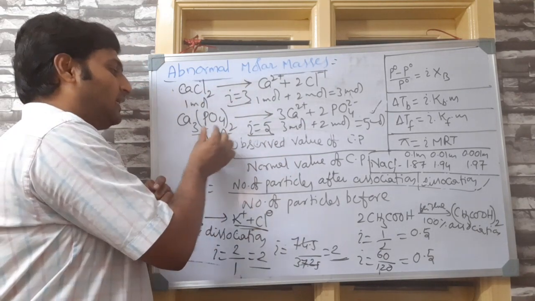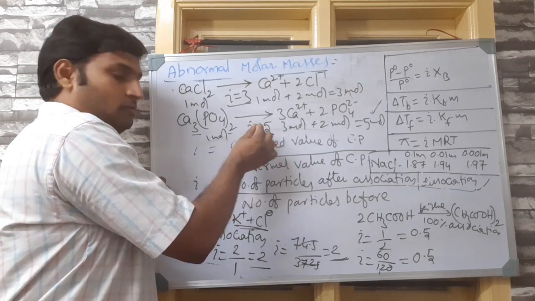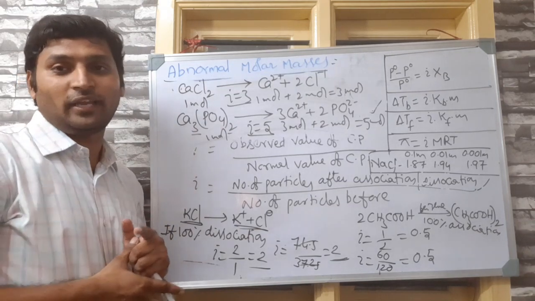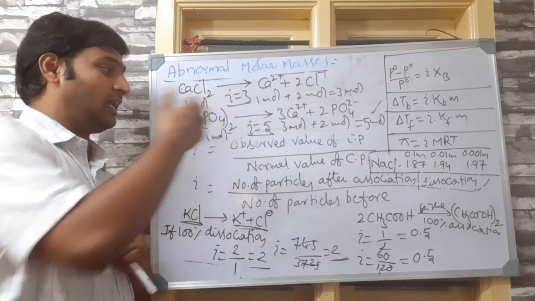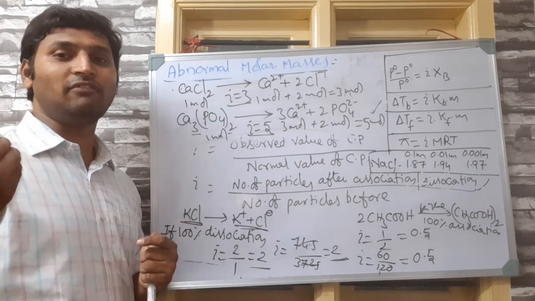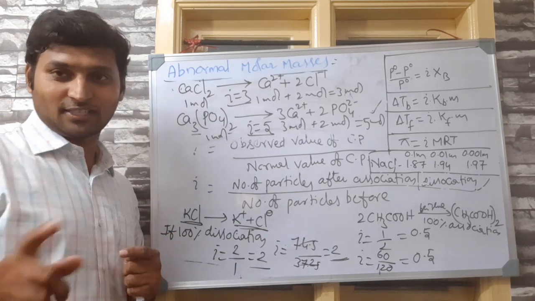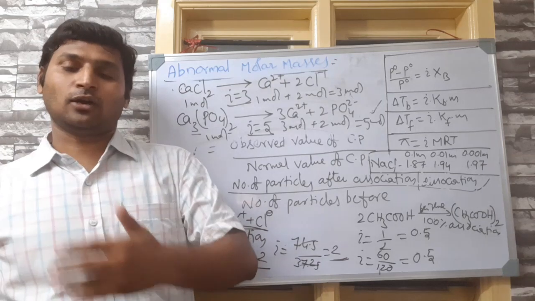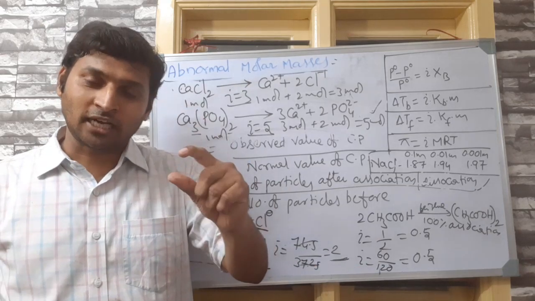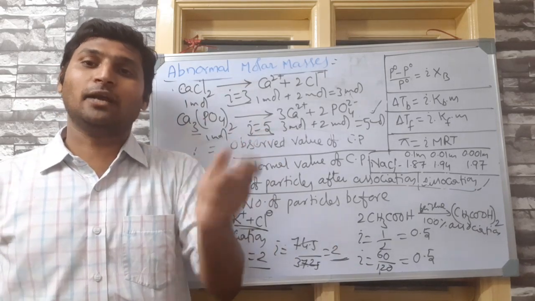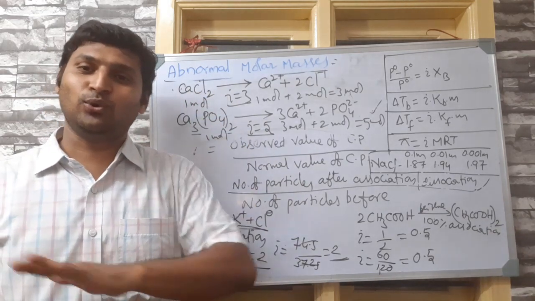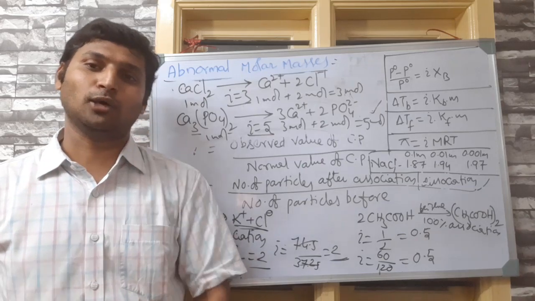For any concentration, in case of calcium phosphate, the value of i, the Van 't Hoff factor, will be very close to 5. The same thing we cannot say for weak electrolytes. If the expected Van 't Hoff factor is 5, it may be 2.5 or 2 or 1.5 because they undergo very weak dissociation. Clear? That's why, while solving questions in entrance exams, if options are quite far away from each other and only one option appears closest to 100% dissociation, and the given electrolyte is a strong electrolyte, then without doing the calculation you can just choose that option.